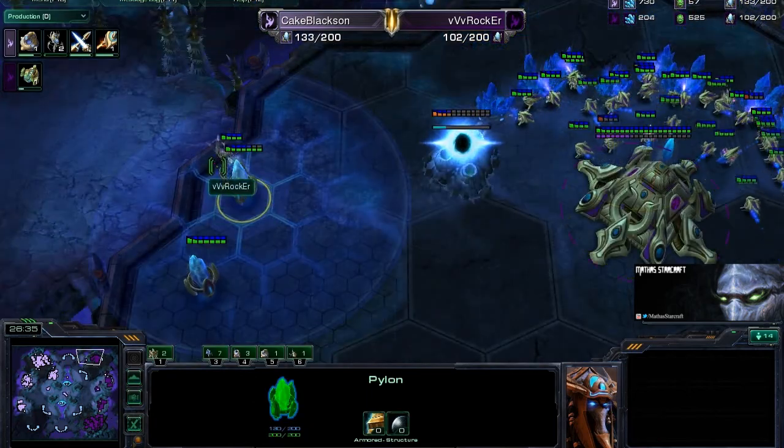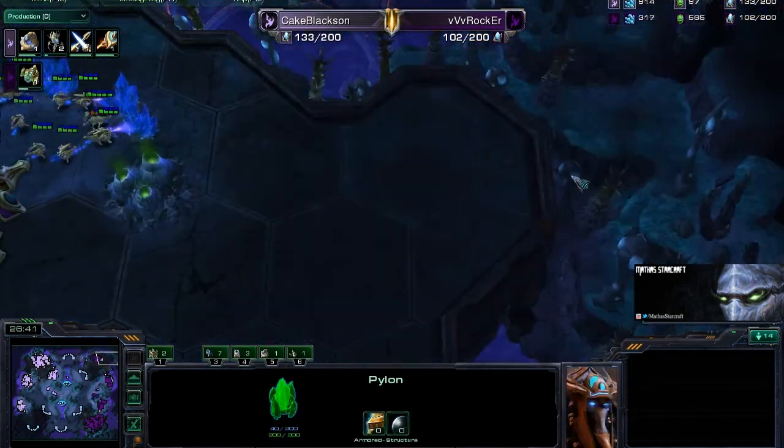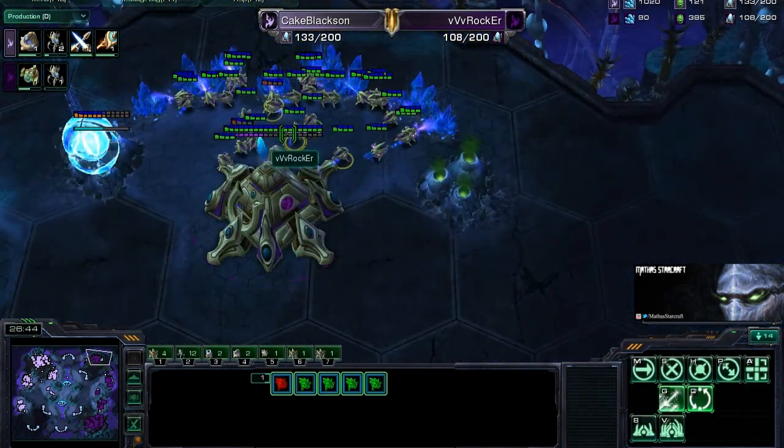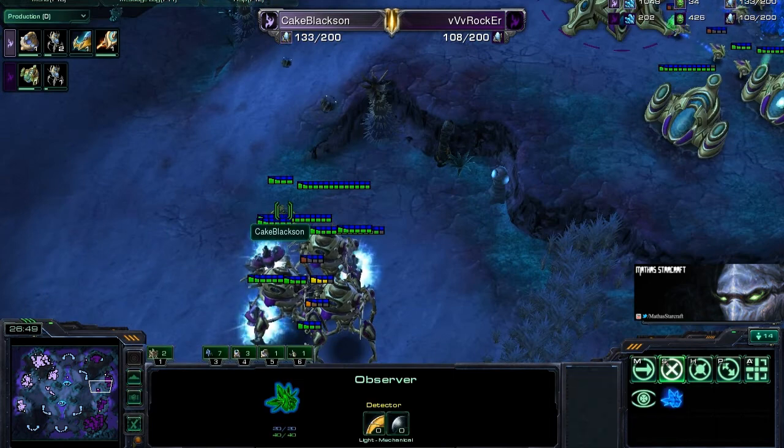I do like to see that, and it looks like Rocker is going to finish up this proxy pylon here, but is the other one gone? Yes, it has been taken out. So Rocker definitely evening up as far as the bases are concerned. Cake does have a,